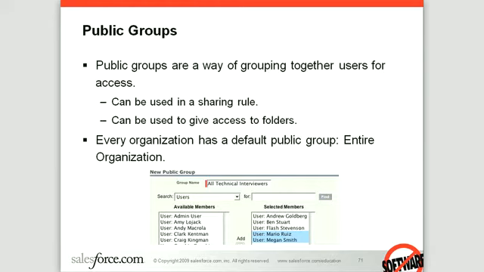Let's get going on our next topic. Our next topic is going to be public groups. Public groups in and of themselves don't do anything. But public groups allow us to create groups of people, to associate groups of people,